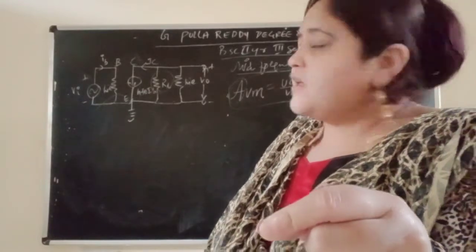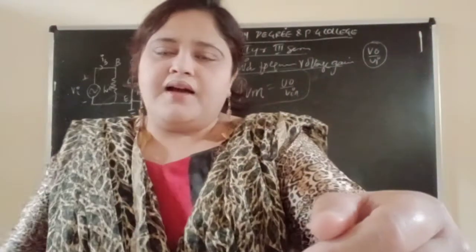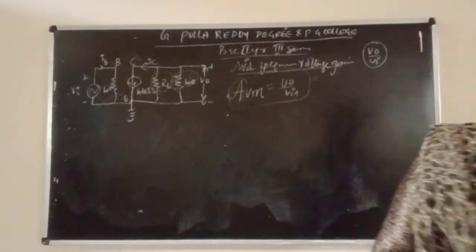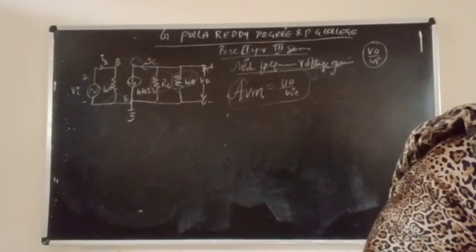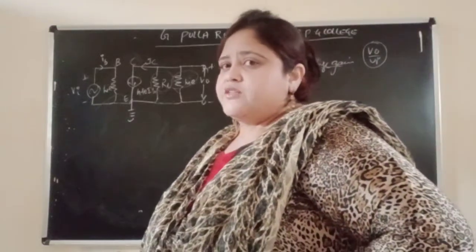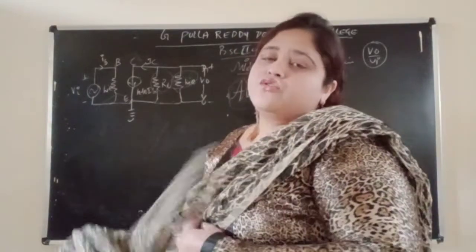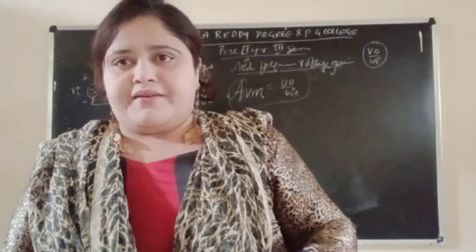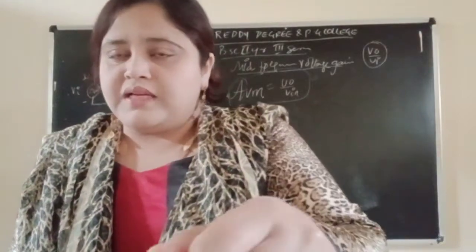Who is disturbing the load resistance now? This HIE is disturbing the load resistance. You can see the diagram first. So directly we should calculate the output from the load resistance, but HIE is disturbing. So what should we do? We should make them one. That means we should make them friends, so that we can calculate the output easily from them.